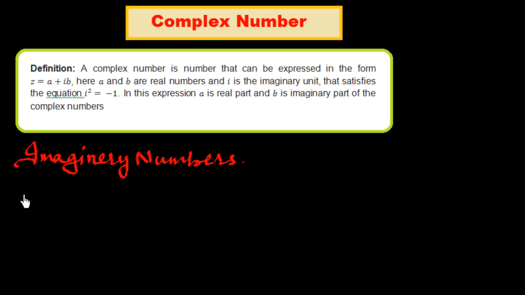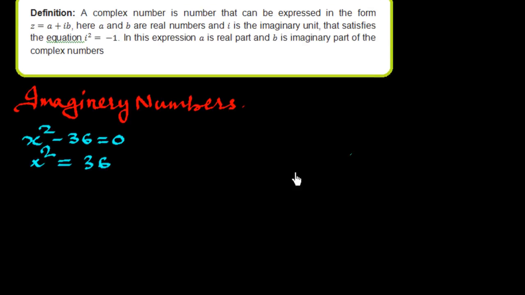If we have an expression or equation like x square minus 36 is equal to 0, we could simplify this in two ways. One, we could simplify through factorization, using the identity a square minus b square. The other way, x square is equal to 36. Now if we take the square root of this, we get here